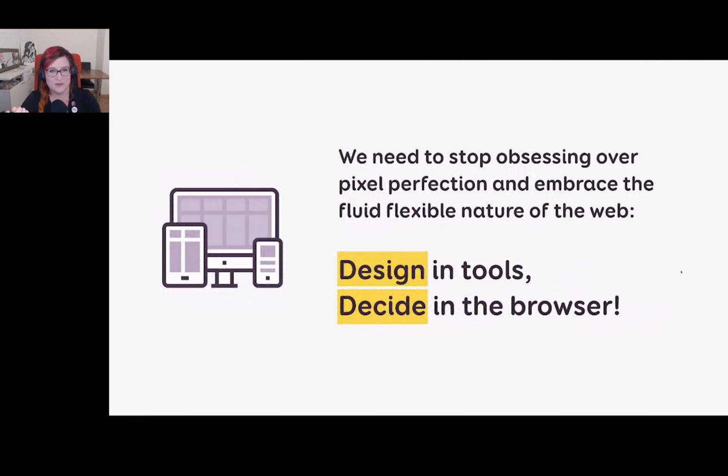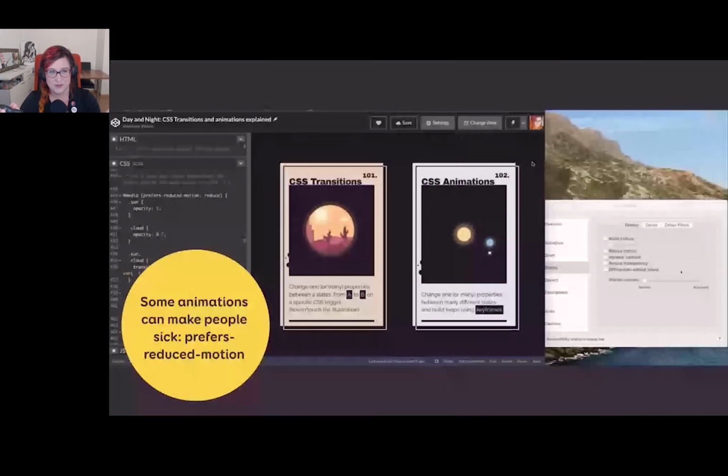Especially people with vestibular disorders, like when there's stuff moving around. For me, whether it's on a website or in a video game, I get super sick, and it's really not fun, because it's the same as when you're in a car, someone is driving and you're reading something. A lot of people can't do that because things move around in your head and you get nauseous. That's the exact same thing, but when I use websites.